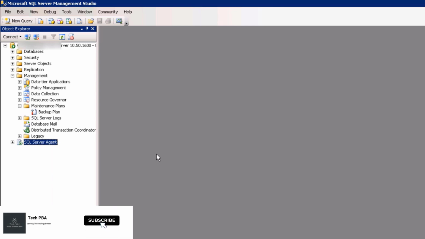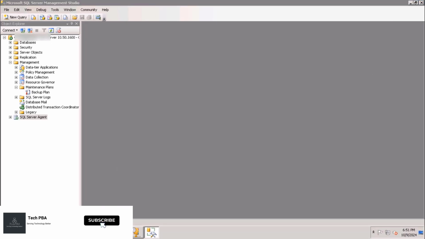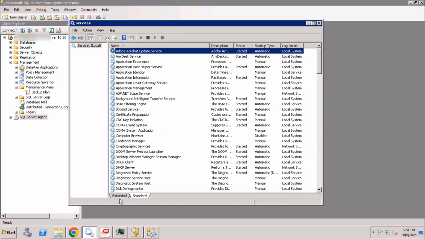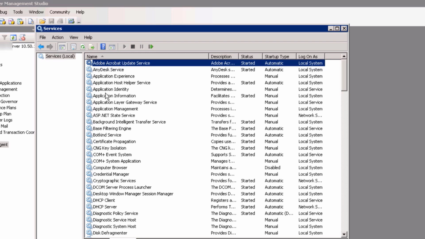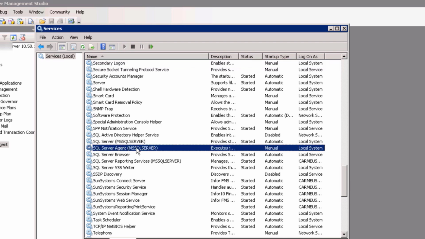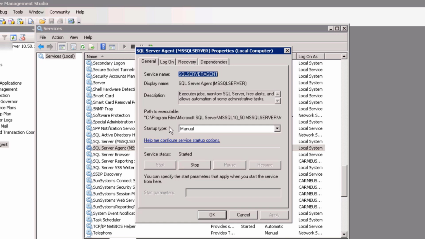One thing you should always make sure of is that the SQL Server Agent is running. It has a green check mark on it. The next thing you want to do is to open the services, go into the SQL Server area, select the SQL Server Agent, double click on it, and under startup type change it to automatic. Click apply and then OK to make sure that once you do this,